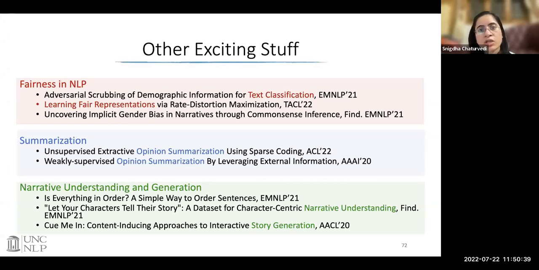information of the author. So text written by women is different than text written by men, and so their representations are also different. And so when these representations are used for any sort of classification, like sentiment classification, they end up relying on demographic information, which is undesirable. So we presented a method that could remove or adversarially scrub demographic information from text representations with the goal of